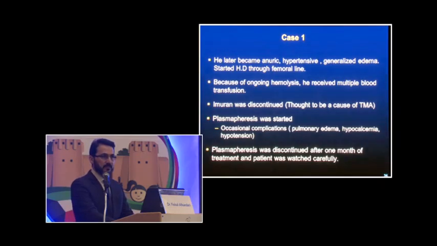He was started on antibiotics, so stool cultures were negative before doing the investigation. Later, he became more anuric, hypertensive, with generalized edema, so we started him on hemodialysis, and we also stopped the Imuran. We thought maybe this is the cause of the hemolytic uremic syndrome. We also started him on plasmapheresis, and with the plasmapheresis,